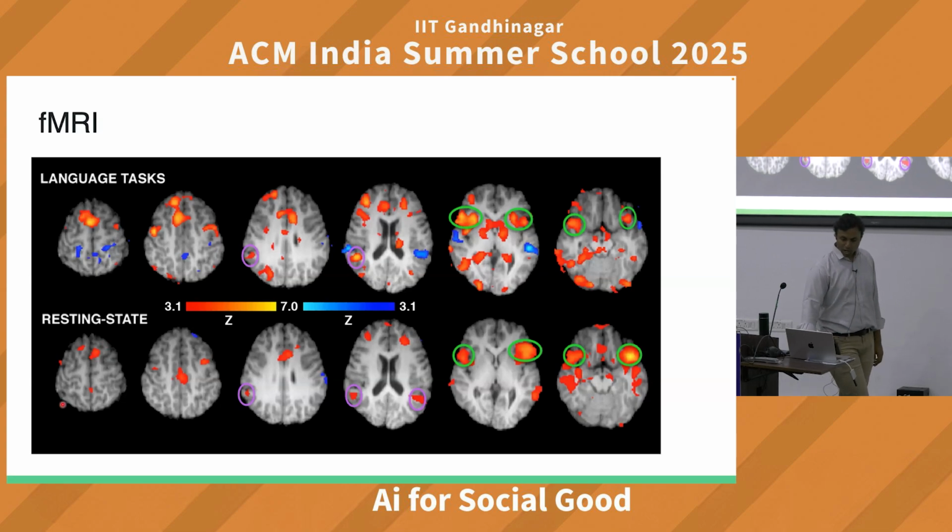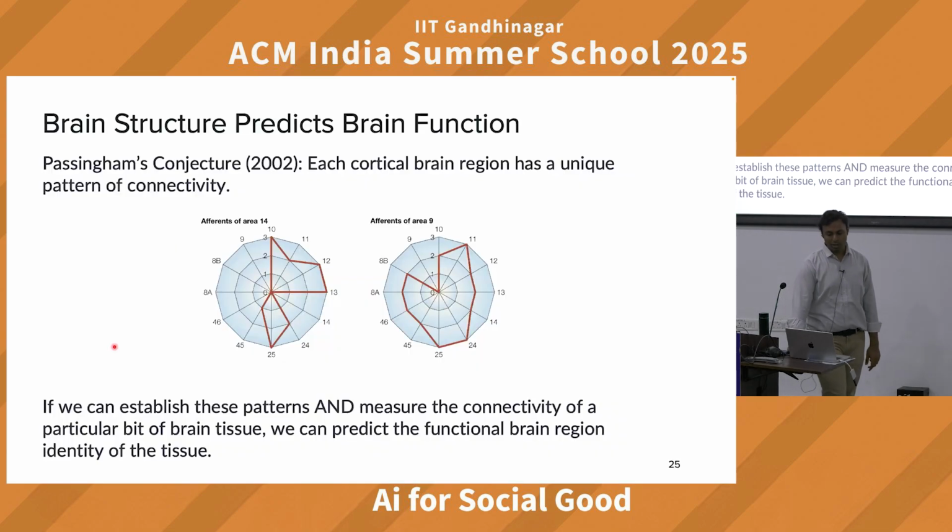Okay. So now here, what we want to do in this entire series of studies, we want to see how the brain connects, how different parts of the brain connect with each other, and how the activity of the brain, is there a link between that? So one of the big names in the field had this conjecture that each tissue of the brain has a unique connectivity pattern, and that connectivity pattern can help us predict function of the brain. So the idea is that if we can establish these patterns, define this connectivity, we can observe the activity.